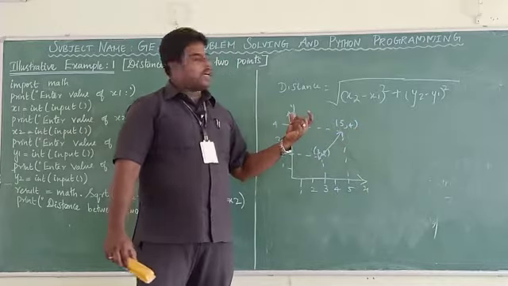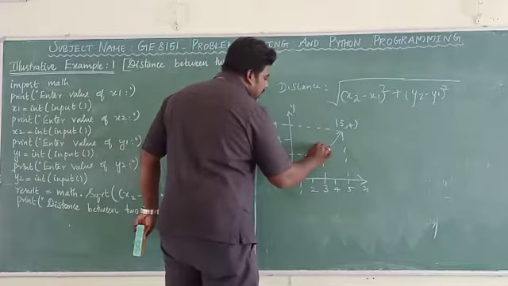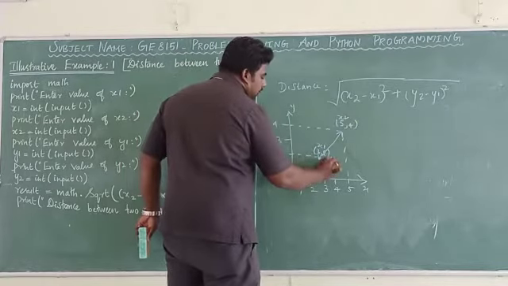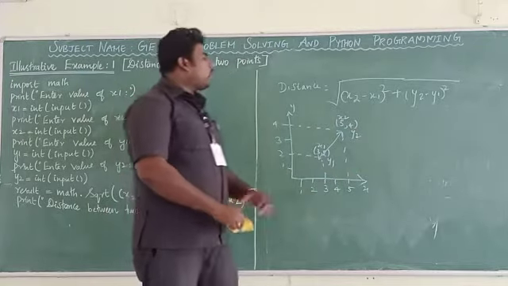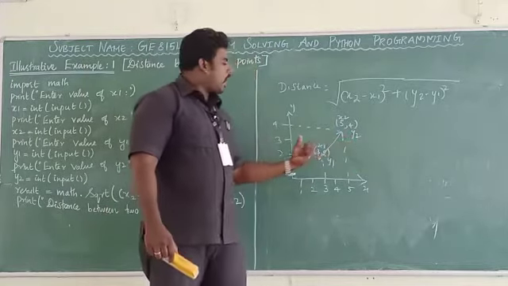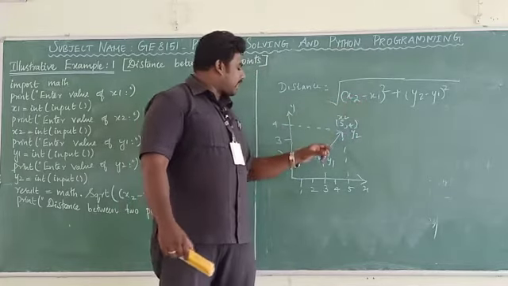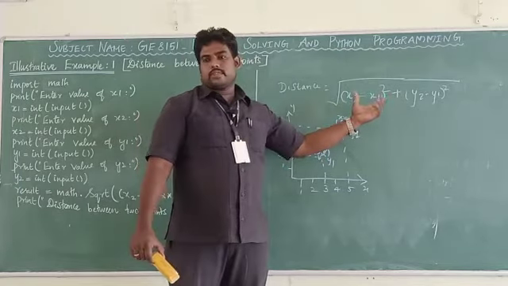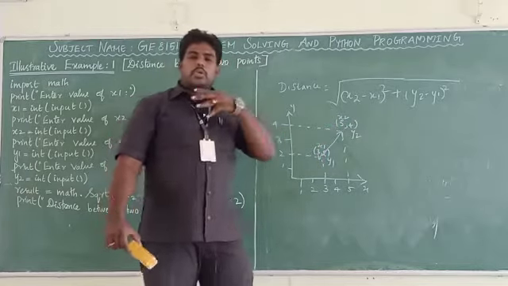That's the formula. See here, this is considered as x1, this is considered as x2, this is considered as y1, this is considered as y2. So if you want to find the distance, you have to subtract the x1 value from the x2 value and take the square. Then you have to find the square root. This is the logic you are going to do in this